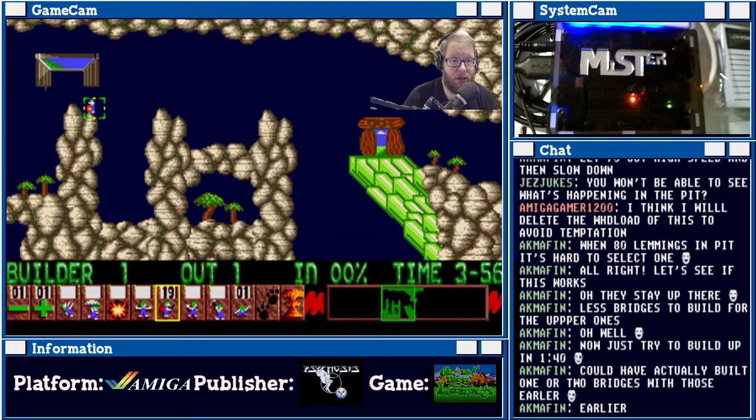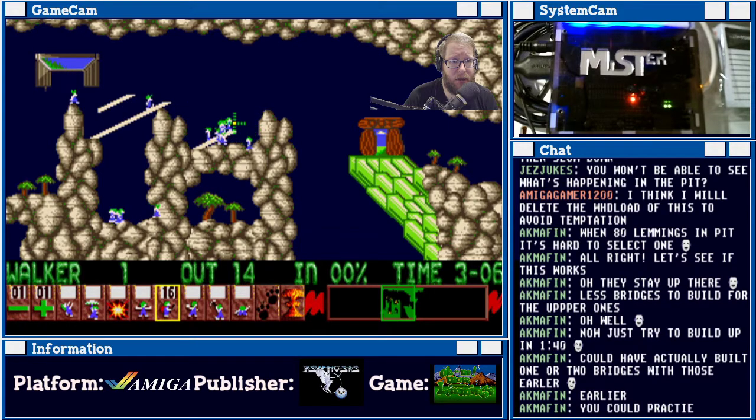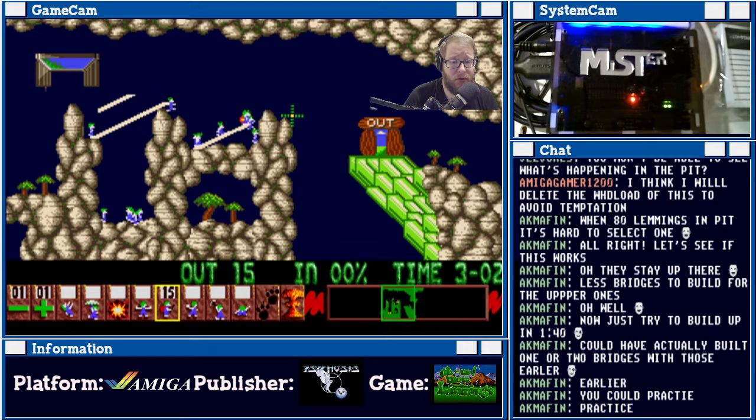You definitely need the digger. The question is, where do you stop him? How far do you let him go down before starting to build his own bridge? Not that far. Okay, we lost some guys because they fell off during this build. Okay. Or late enough that they can survive the fall. Needs to be late enough that they can survive the fall, but